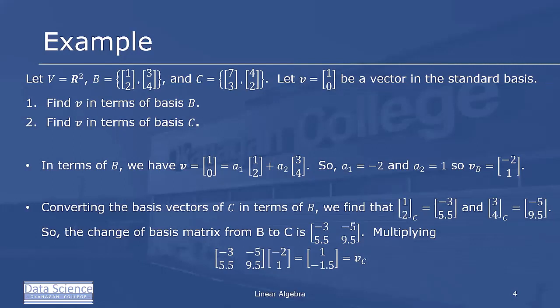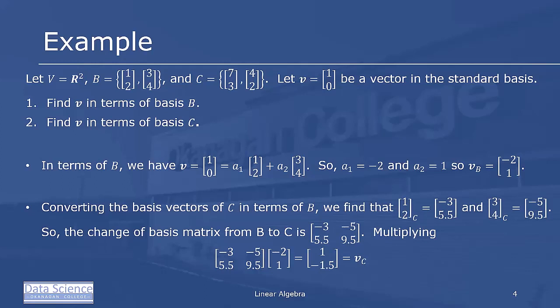So if we take a vector V, 1, 0, in our standard basis, and we take bases B, 1, 2, 3, 4, and C, 7, 3, 4, 2, we can find that vector V in terms of basis B and basis C. We've already seen how to do this. We want to put it in terms of B. We take V, 1, 0,